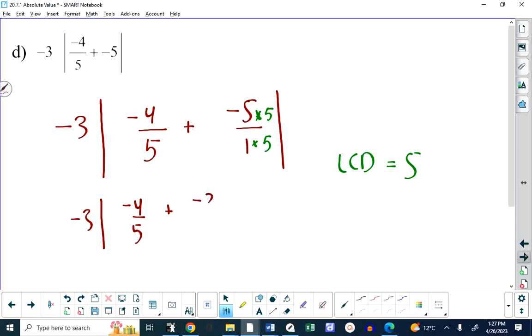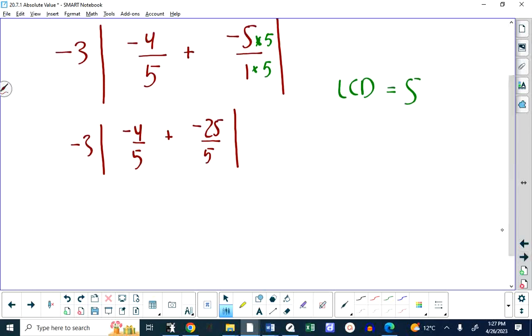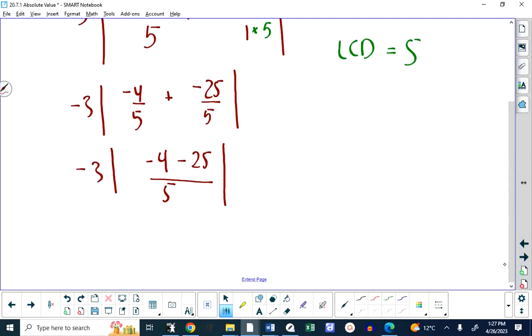Nope, negative 25/5. We can add those together now. That'll be negative 4 minus 25 all over 5. It's negative 4 plus negative 25 all over 5. I just wrote it as negative 4 minus 25, which gives us